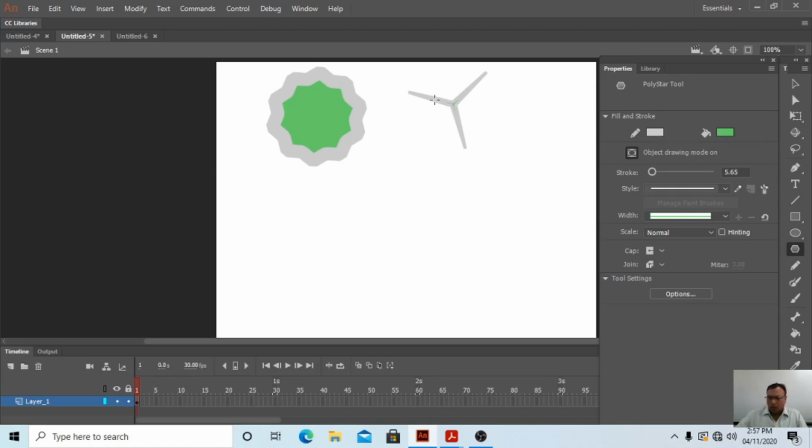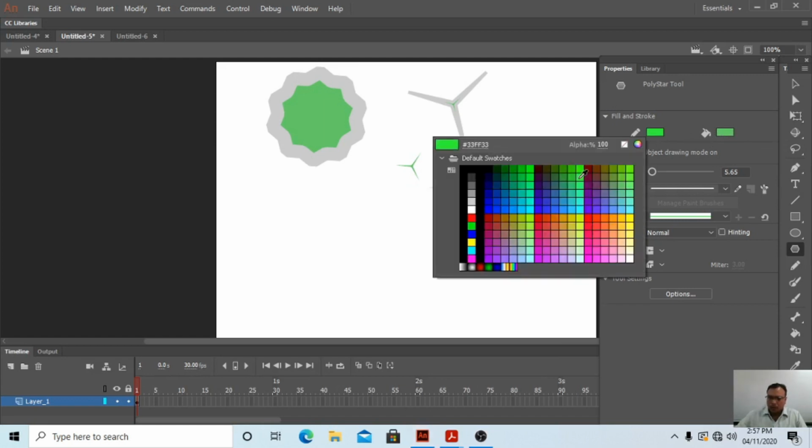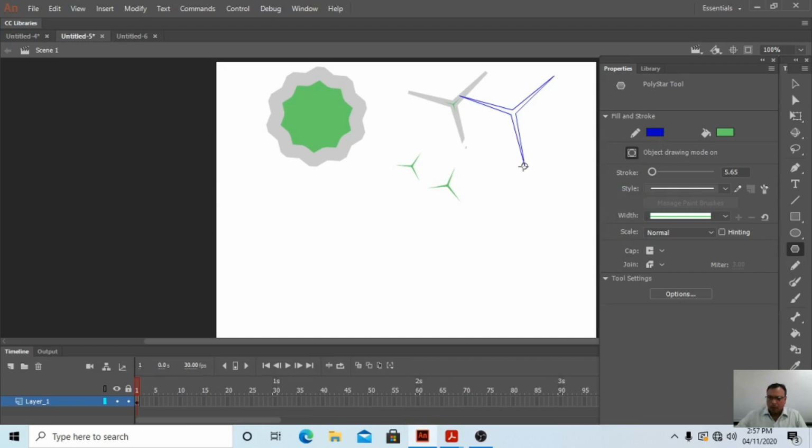So the stroke color is very thin, very short, because only this color is showing; this is already white, so the stroke color cannot be seen. So we should change the color of this one now.